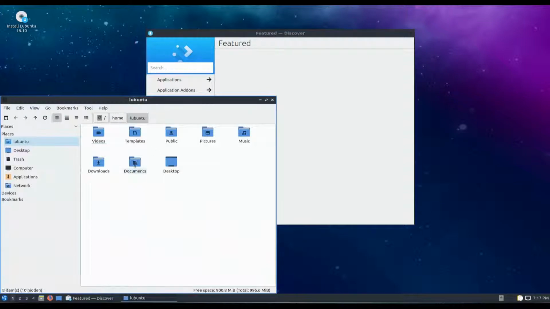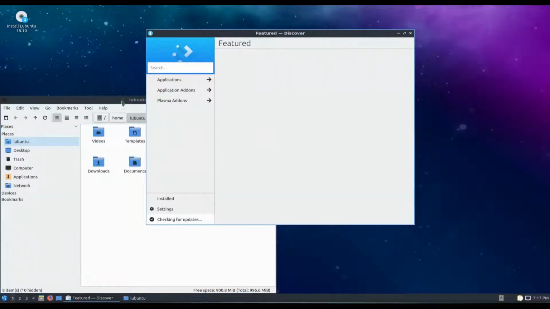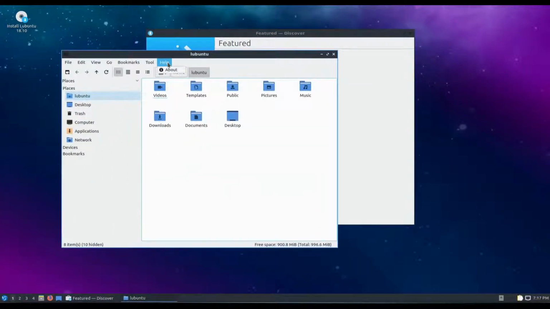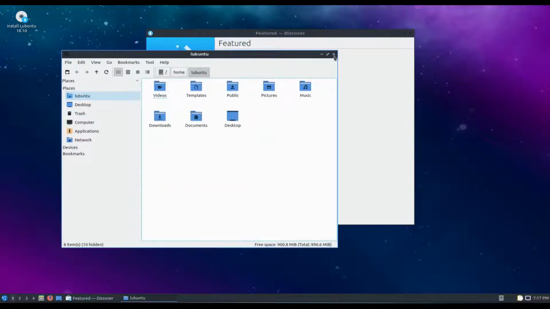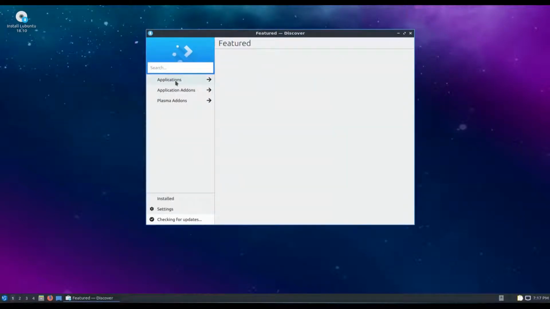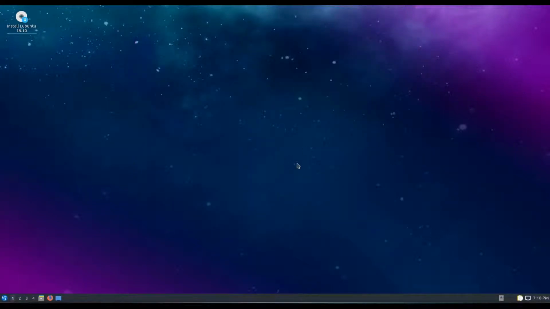So yeah, it's very, very close to. Well, let's see. I clicked mine. Let me click here. Let's see. Help. About. Lightweight file manager. Yeah, it's not really telling me. But yeah, you do have your Discover Software Center. So with the LXQT, you're getting a lot of the KDE stuff available to you now, and